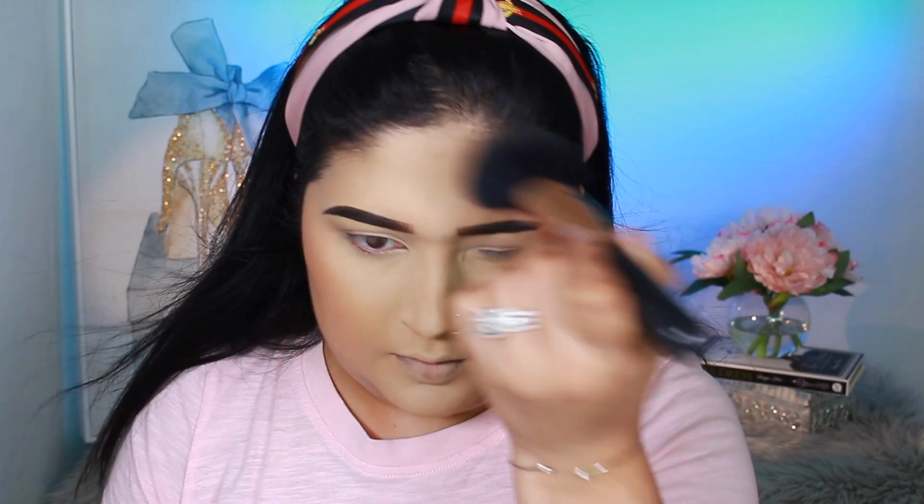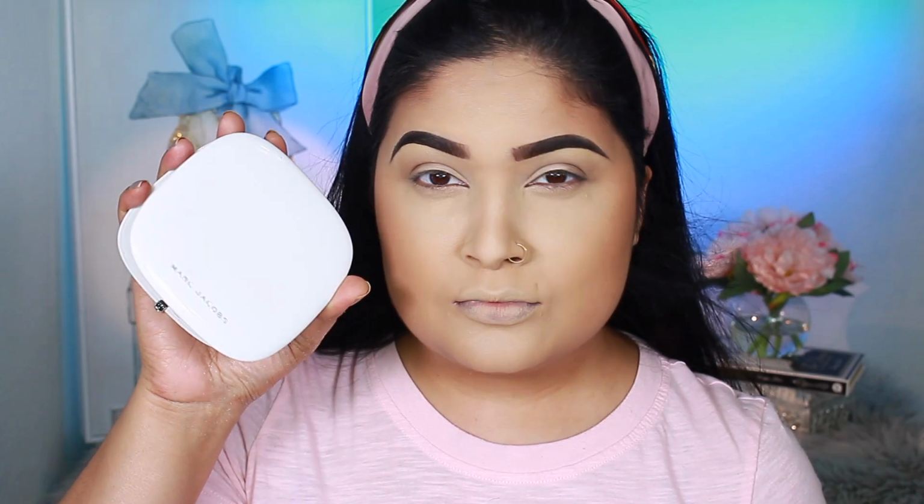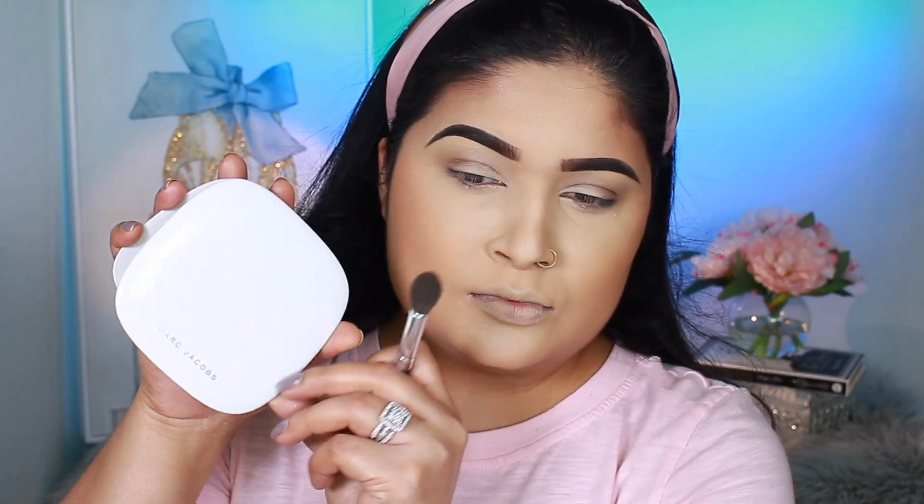That way it enhances my forehead. It makes it look a little bit longer than what it already is, and it makes my face more elongated than round, which is what my natural shape is. For the contour for my nose, I'll be taking Marc Jacobs shade Tantric bronzer, and I'm going to go ahead